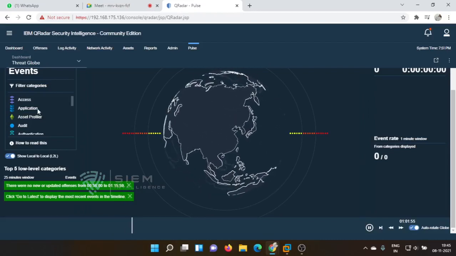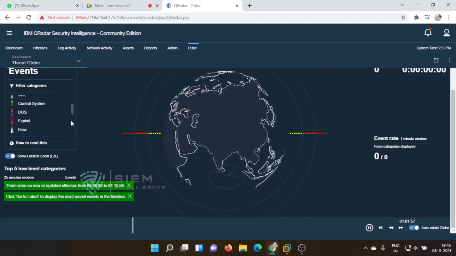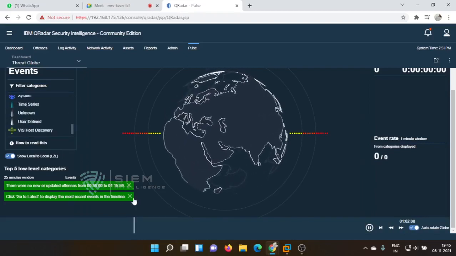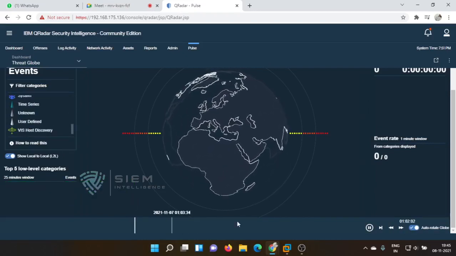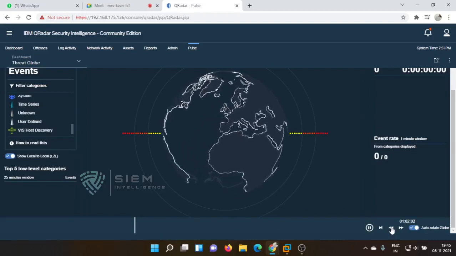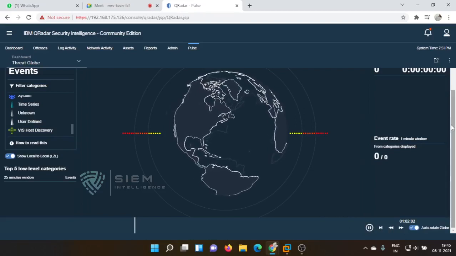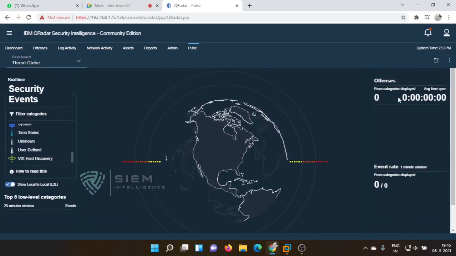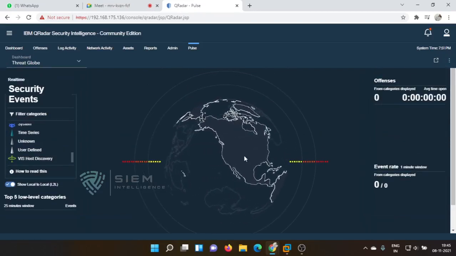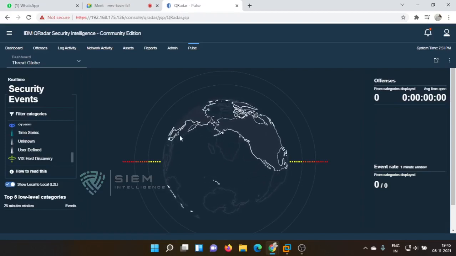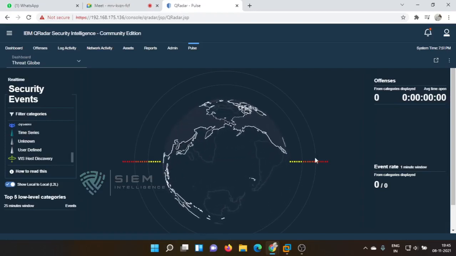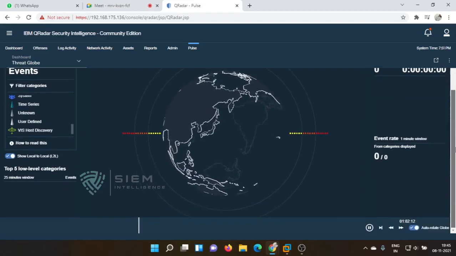There are so many things. So I will go back for some time and I'll start. We'll see if there is any data, or you can check the time. So whatever the activity, live activity, it will show in a real-time scenario in the thread globe.